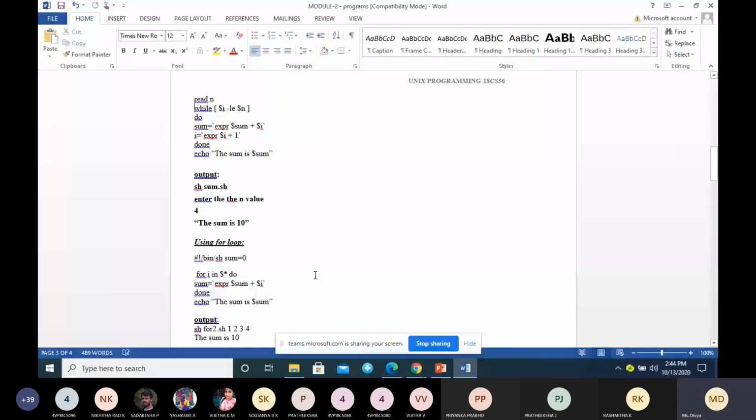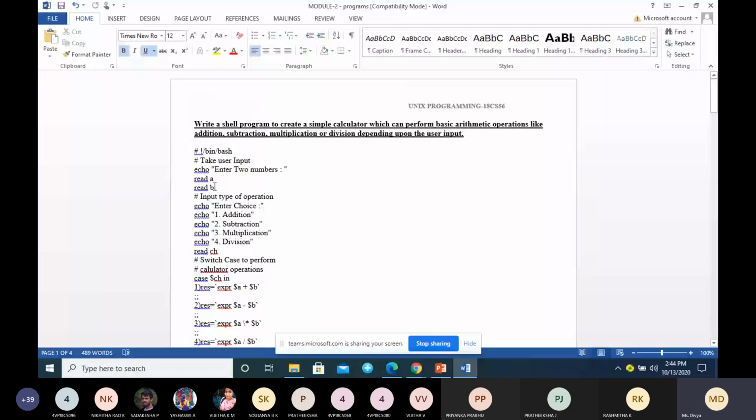Let us look into one more example. This was asked in the exam. Write a shell program to create a simple calculator which can perform basic arithmetic operations like addition, subtraction, multiplication and division, after getting the user input. It's a very simple program.